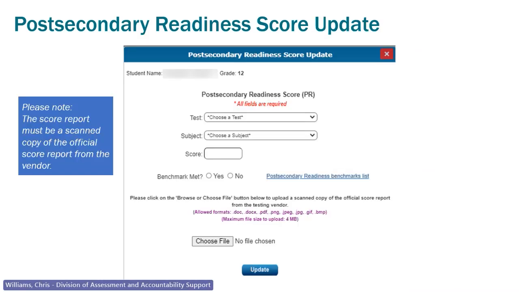Then here's what you're going to do if you've got to change that particular one, and you've got the file report and it showed that the student, you have that official scanned copy from the vendor that shows that the student did meet the benchmarks, but it didn't show it in SDRR. So what you'll do is you'll click on that, be able to update this, and you're going to see this particular screen will pop up. Once you click on that, it'll allow you to choose the test, the subject, the score,